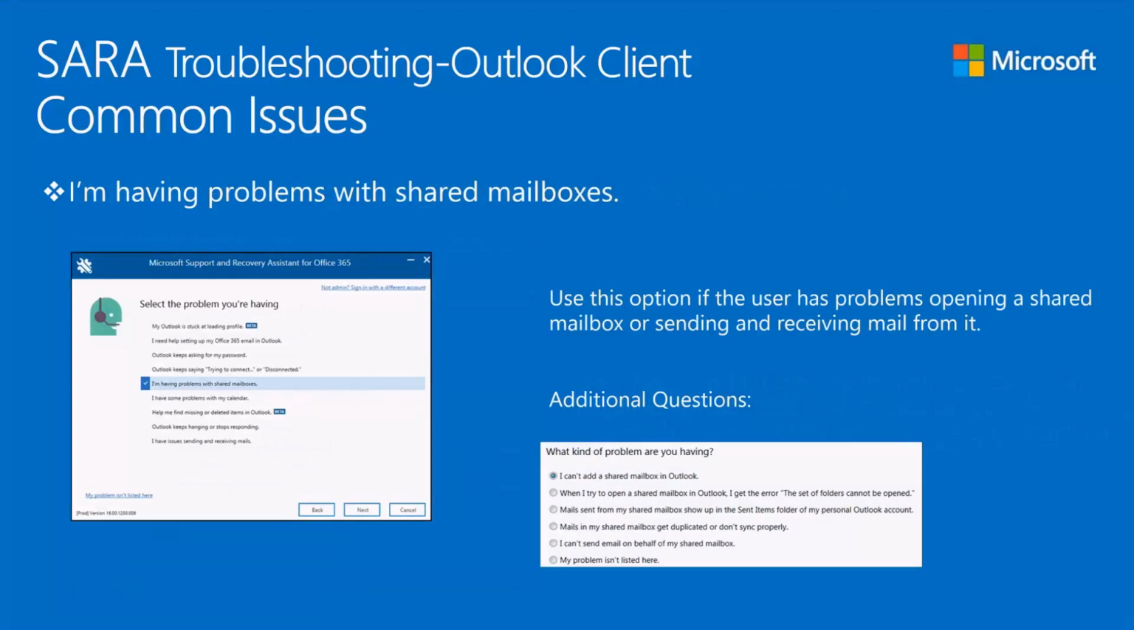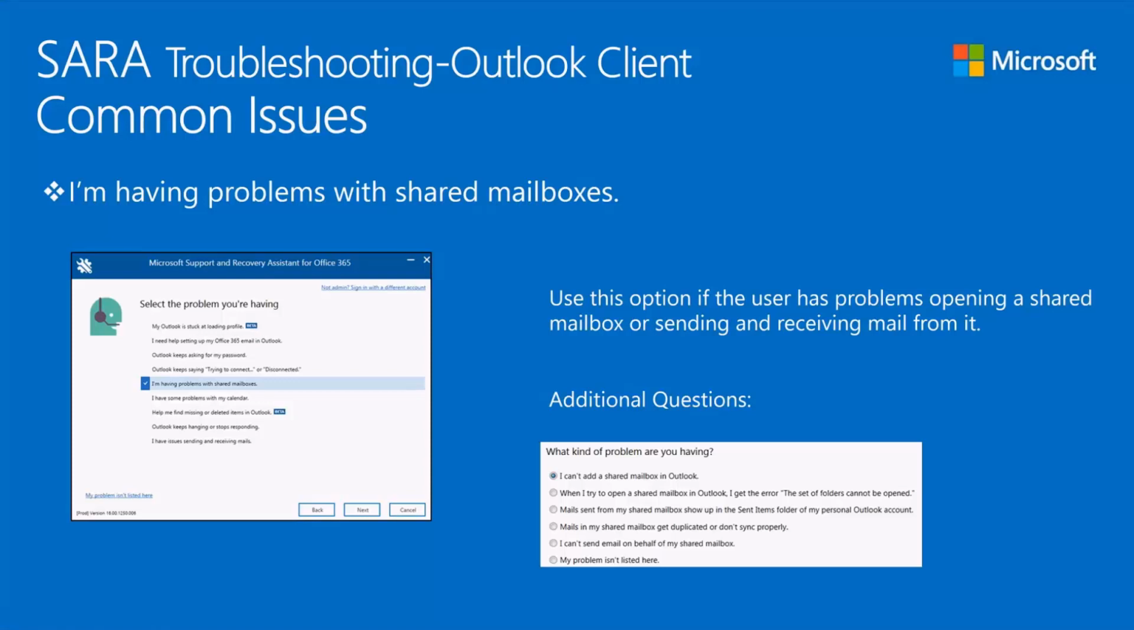Another Outlook client troubleshooting issue that SARA can help resolve is that the user is having a problem with a shared mailbox. Here there are additional questions that SARA asks to make sure that all of the information is correct in troubleshooting that shared mailbox. So this option is used if the user has problems opening a shared mailbox or sending and receiving from it. And here it gets the auto-discover details based on the Outlook version installed and validates those